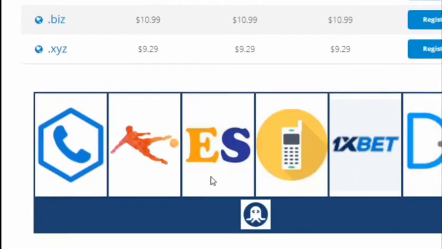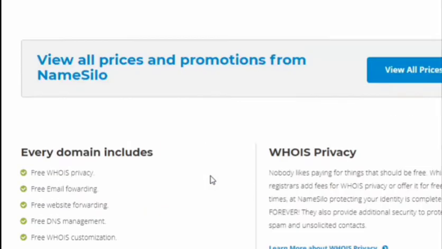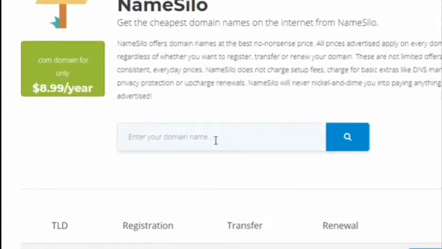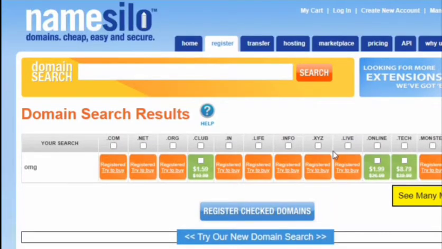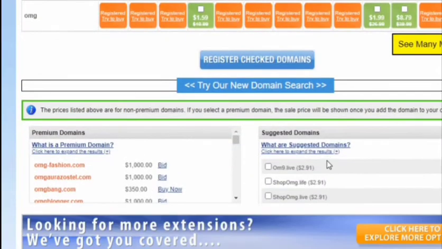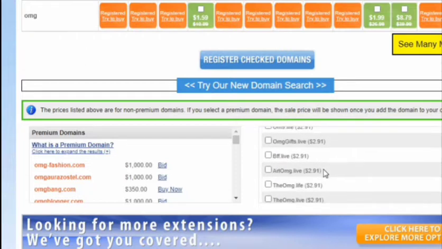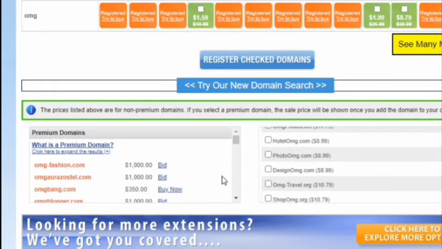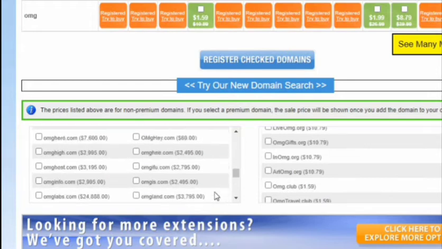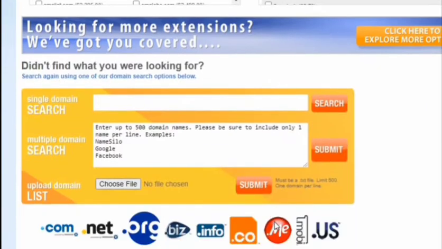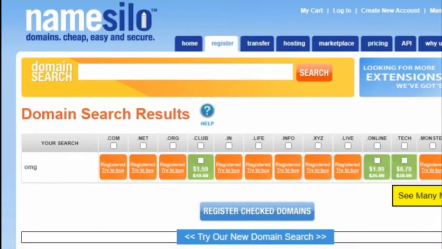And they also provide custom domain names in the dashboard. So if you want to get custom domain names, they will be redirecting you to Namesilo, which is a domain name provider. They will be providing you cheap domain names, but it is not free. But in this video I'll be showing you how to get a free domain name. This is the Namesilo website where you will be getting cheap price domain names. If you search for your name, you'll be able to see the price for 1 year. If you want a custom domain name, you can buy from here, which is integrated with their website Infinity Free.